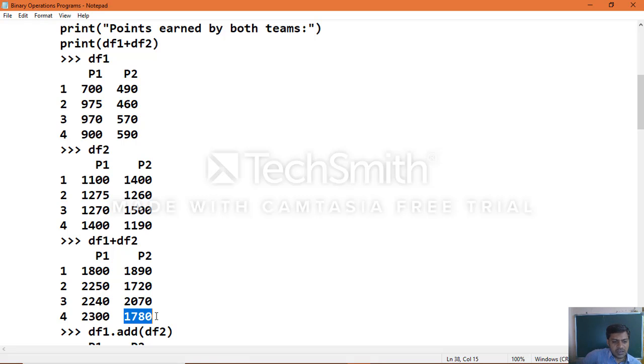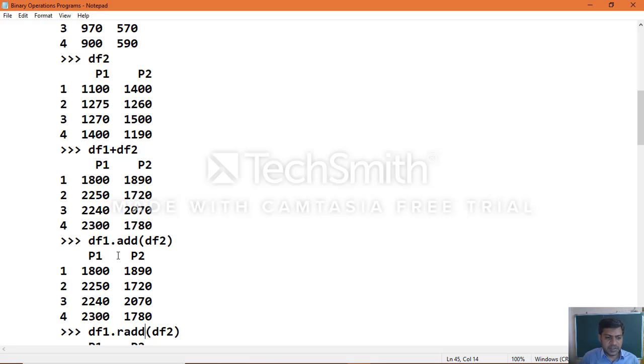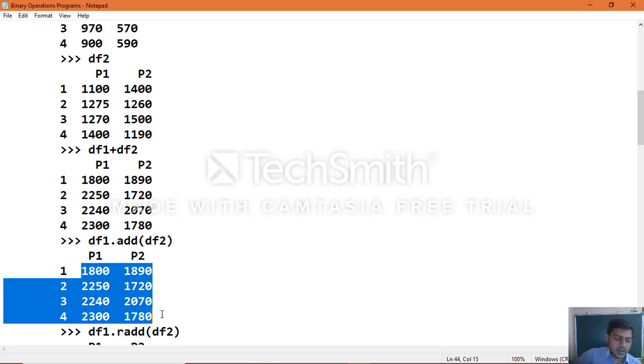So here we use a general operator, the plus operator, to perform addition, binary addition, by using a function also. We know the functions we used, addition functions, add and reverse addition, and we know the way how we will calculate. So if you use that also, by using the function, you will get the same output which we got with the normal addition operator, same manner when you apply the function data frame object 1 dot add of data frame object 2.